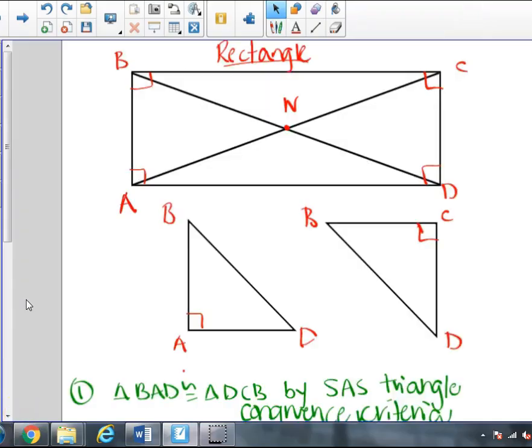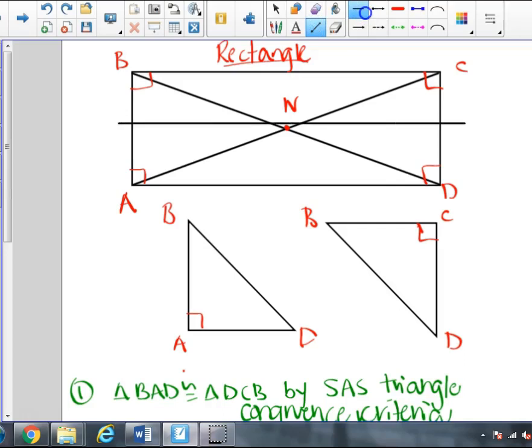So the next quadrilateral that we looked at was a rectangle. And for the rectangle, we're going to assume that opposite sides of the rectangle are congruent, in addition to the definition that they gave us that it has 4 right angles. The reason we can assume that is because by line symmetry, if we were to draw a line of symmetry